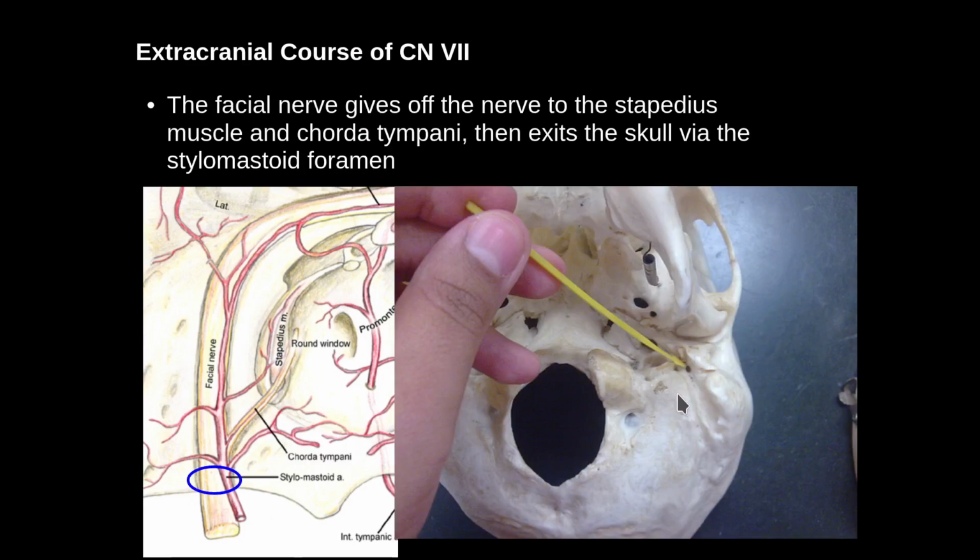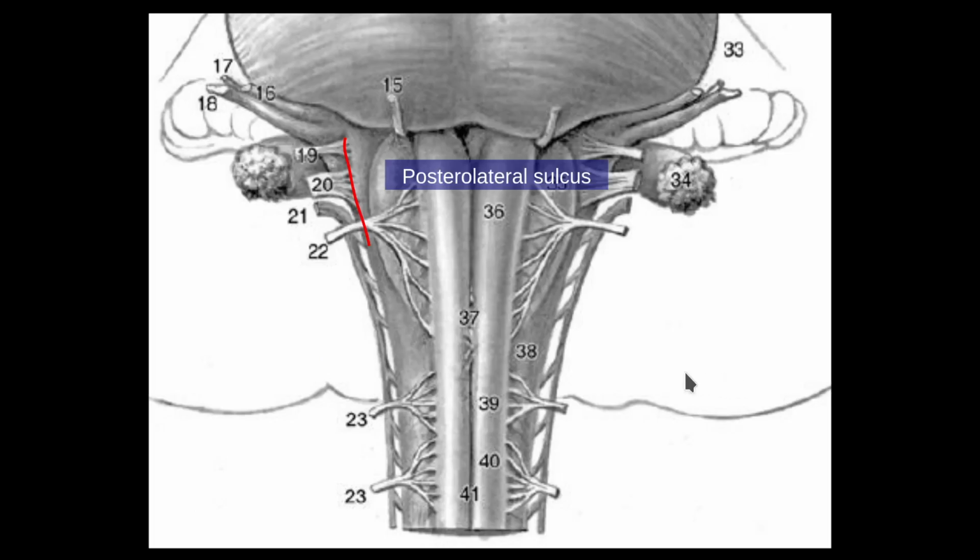And the final exit, after giving off a muscle for the inner ear, the stapedius, it gives off the chorda tympani, which is a taste receiver from the tongue, before it goes to its facial expression muscles out here in front of the cranium via the stylomastoid foramen. Alright. As to the 9 and 10th,